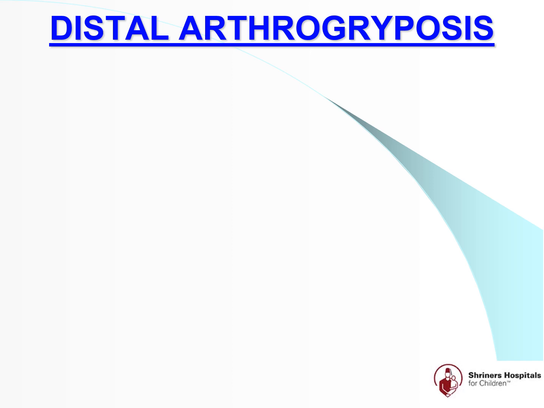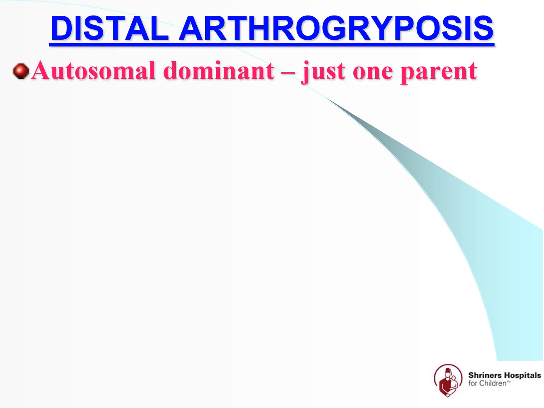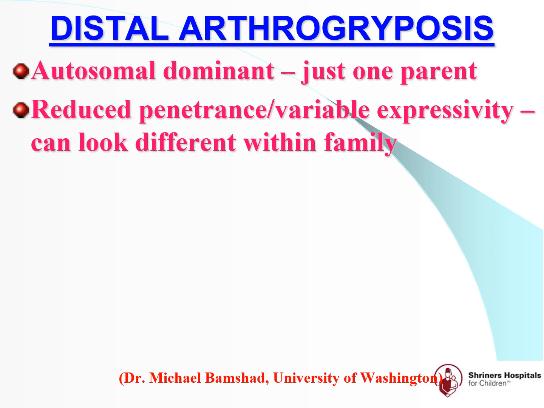Now let's talk about the second category of arthrogryposis, distal arthrogryposis, so named because the distal or far end of the limb is most involved, the hands and feet. These are all genetic conditions with autosomal dominant inheritance, meaning that it takes only one parent to pass on the condition, although in most cases the patient we see is the first one in the family to have the condition. The distal arthrogryposes have reduced penetrance or variable expressivity, essentially meaning that affected members of the same family can be